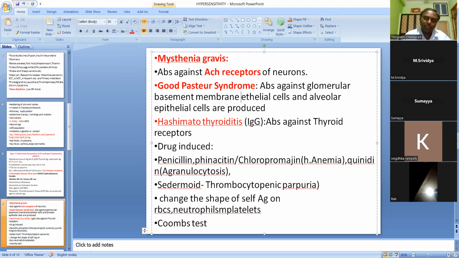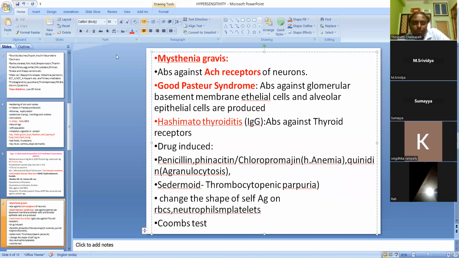So they also contain antigens, they are modified, and alveolar epithelial cells too. Alveoli is the terminal part of the lungs which is made up of squamous epithelial cells. So their antigens are modified, and antibodies are produced against these basement membrane cells of glomeruli of kidney, nephron, and alveolar epithelial cells. Due to antibodies produced against these, Goodpasture syndrome is a kind of disease that causes problems in breathing or respiration and excretory function.